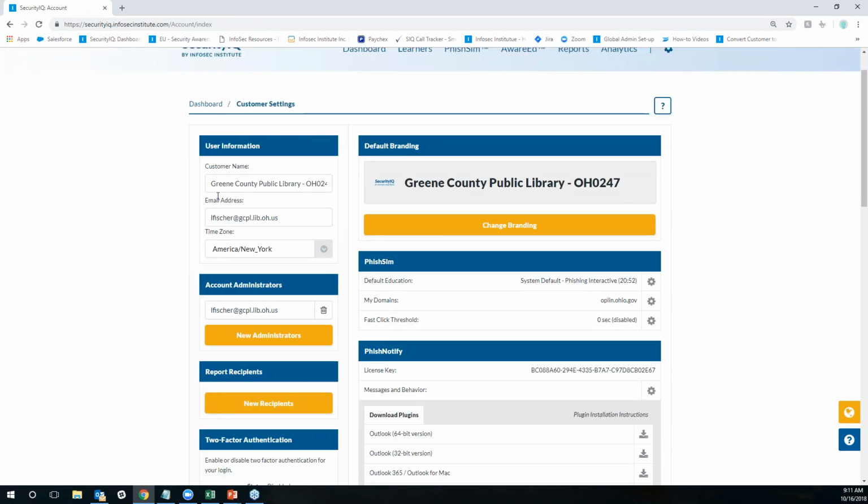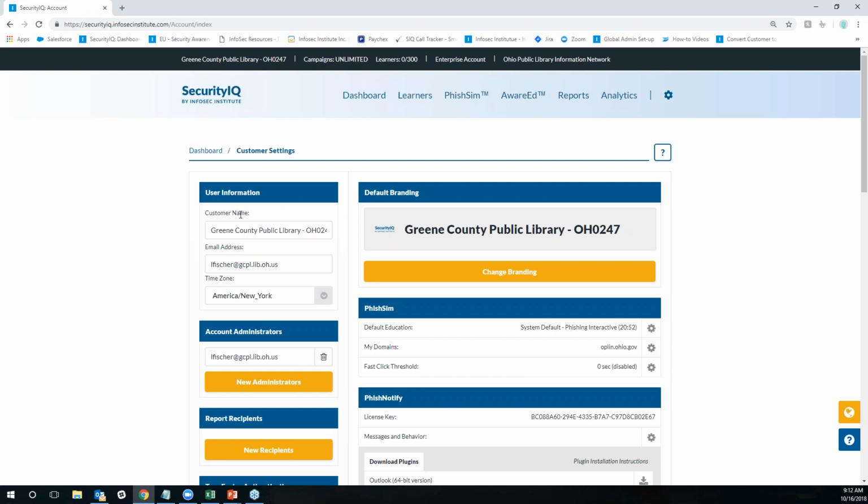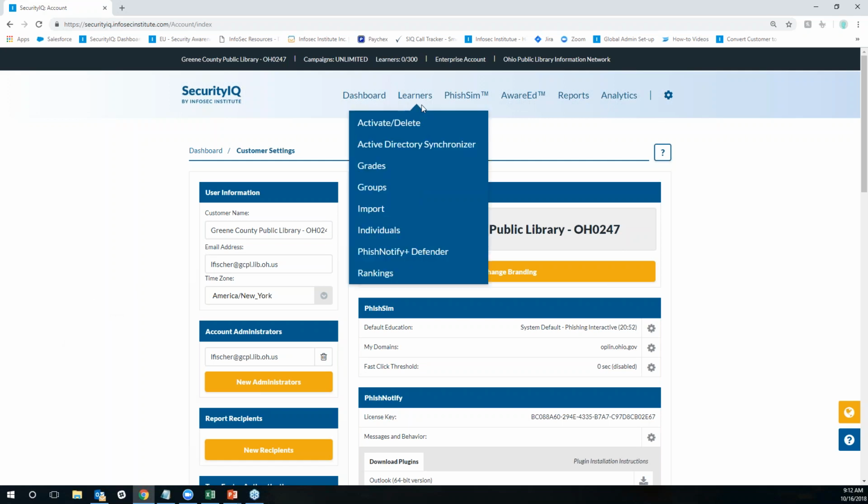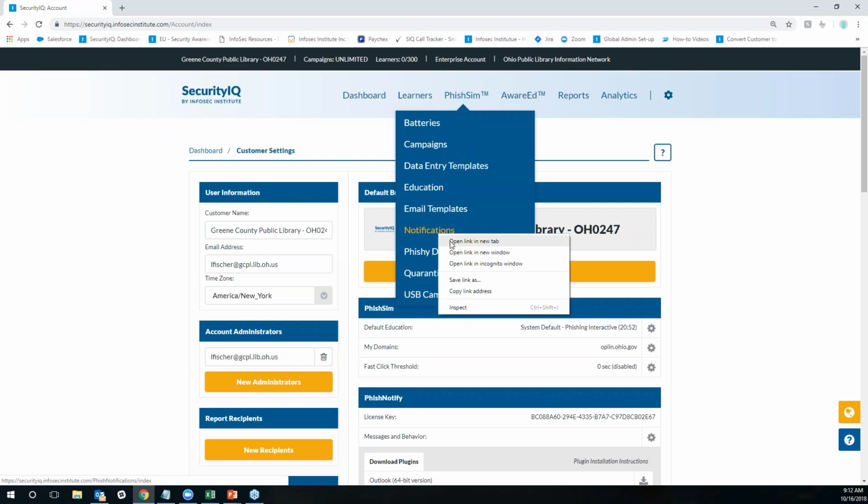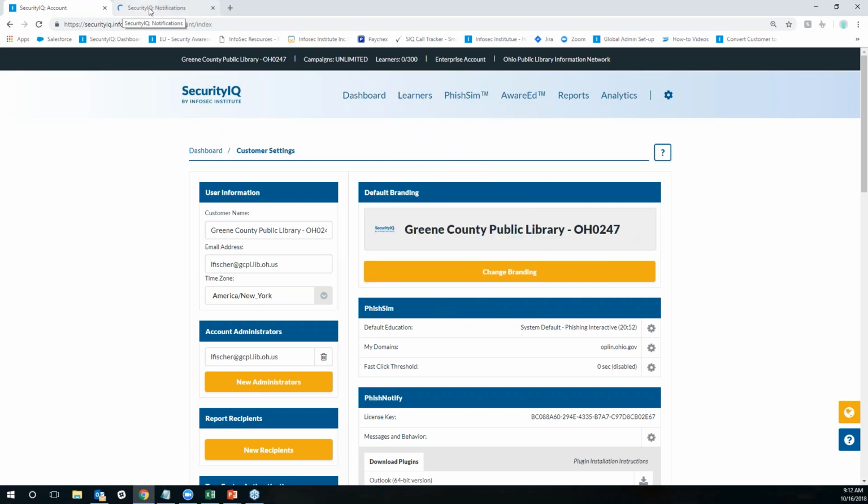The other area that I like to point out is customer name. This can be updated and customized, as well as the email address here. The email address is not tied to your admin account if it's underneath this user information section. The reason I like to bring this part up is because this customer name and email address may show up in some email notifications as well as email templates. How it will show up is we use what are called variables in the platform. To show you an example of what this looks like here,